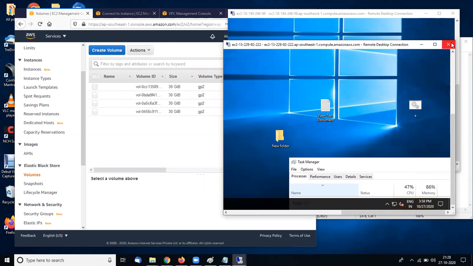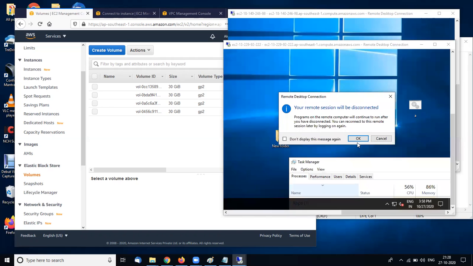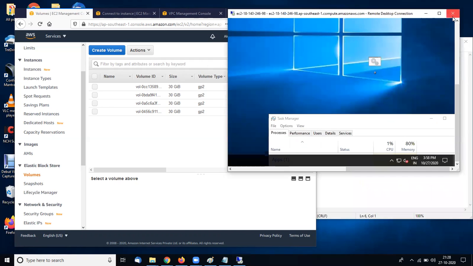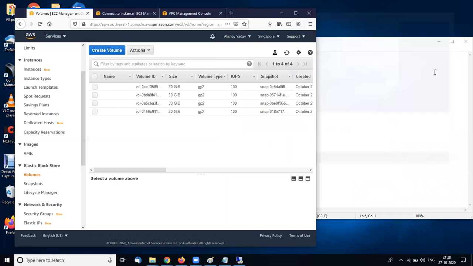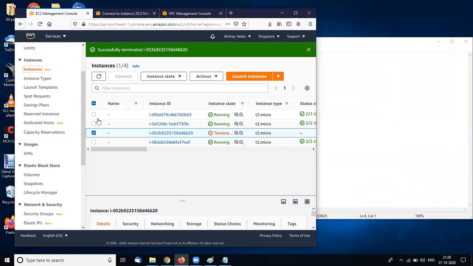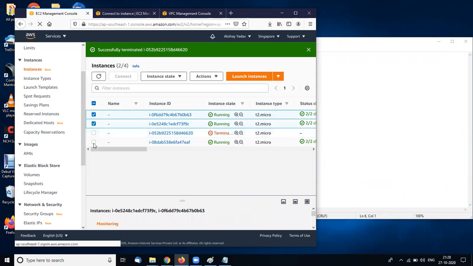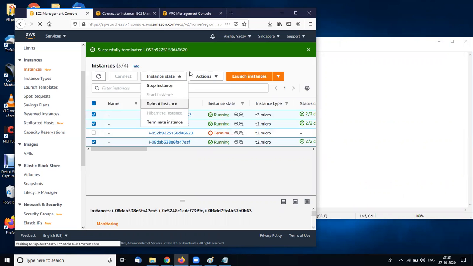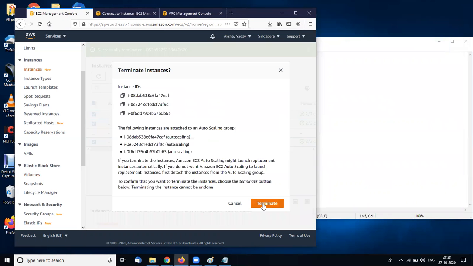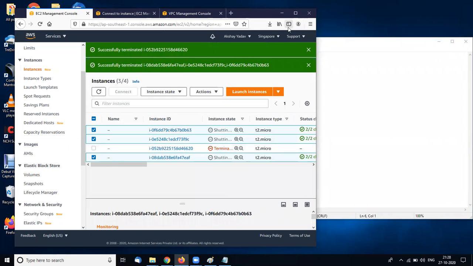So if I delete four instances right now, manually, then auto scaling will launch four instances here. One is terminated. One is terminated. So I need to terminate all the instances. So all are terminated.